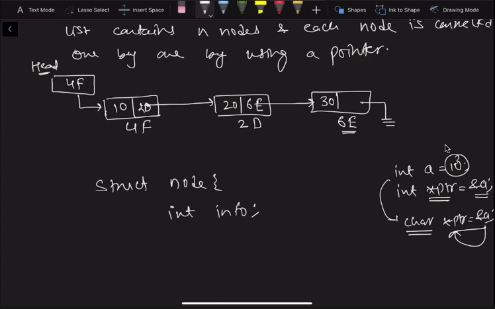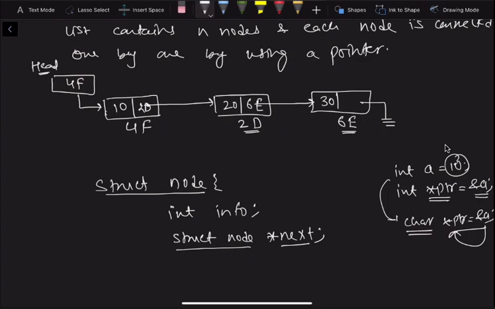In the same manner, if I want to hold the address of a node, what type of pointer should I have? For node type, it should not be integer type, it should not be character type, it should not be of any other type, it should be of node type only. So that's why we write struct node asterisk next. Next is the name of the pointer, whereas the type is struct node. Why? Because we are holding the struct node type of address.